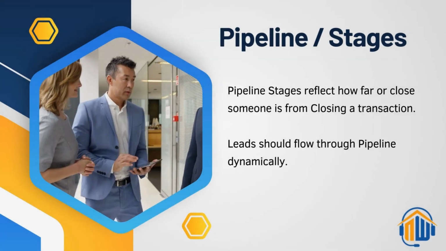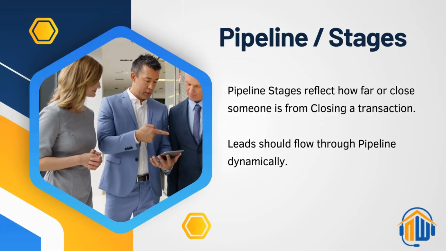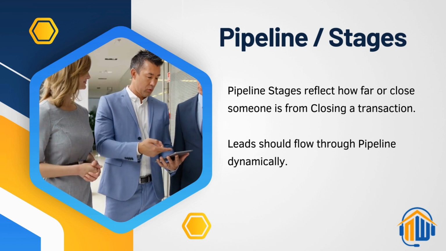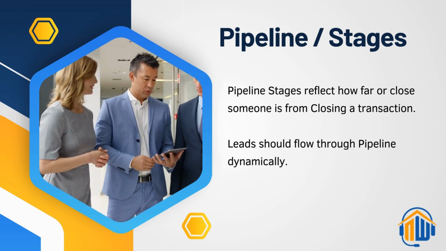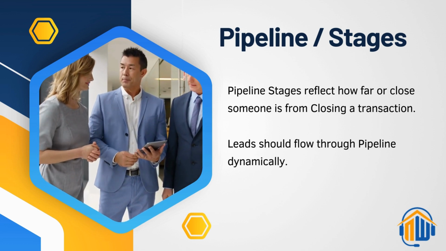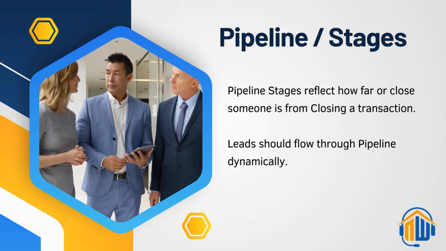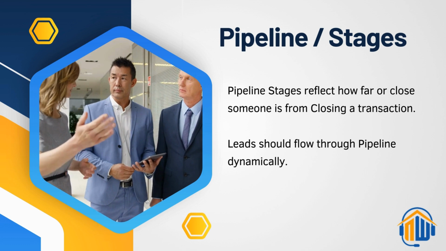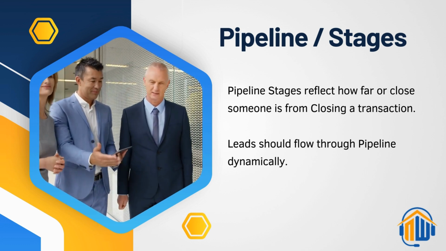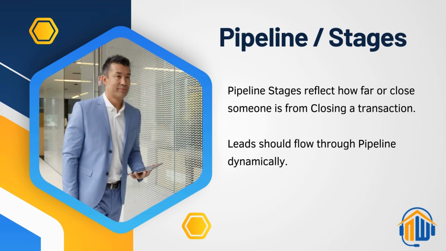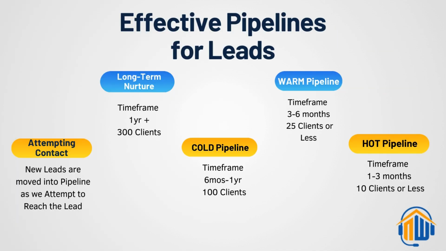if you're using Lofty, they call it your pipeline. If you're using Follow Up Boss, they call it your stages. Sierra Interactive, it's their status. Call it what you want. It's the same stuff. It's how you're tracking your pipeline through a transaction, for the life cycle of a lead, right? And one big problem that I see constantly, and I've always seen this, in my years of